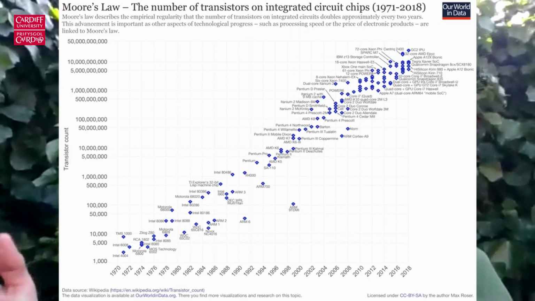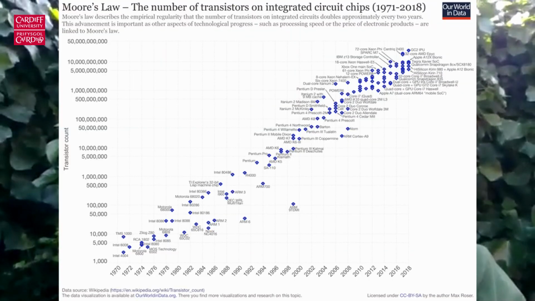In 1965, Gordon Moore wrote an article. Gordon Moore was a co-founder of Intel, and he wrote an article talking about the future of electronics when computing was starting. And he said that the number of components in an integrated circuit would double every year from there on. He was thinking about the 5-10 years after 1965, but it has actually held until today.